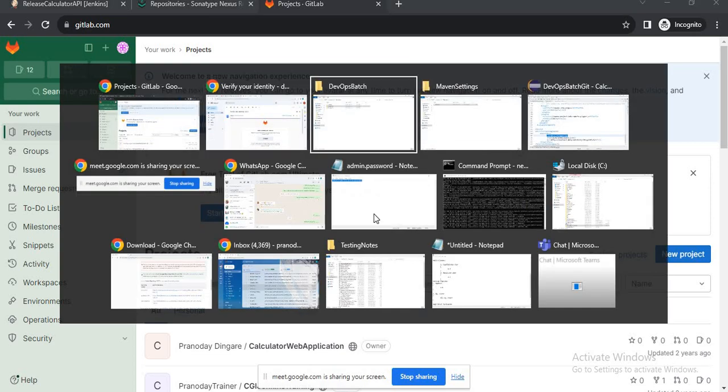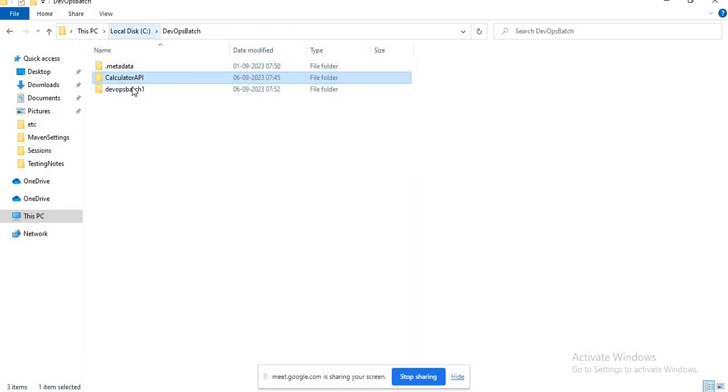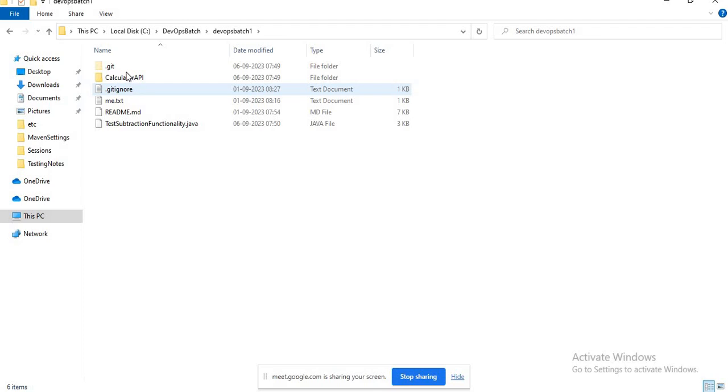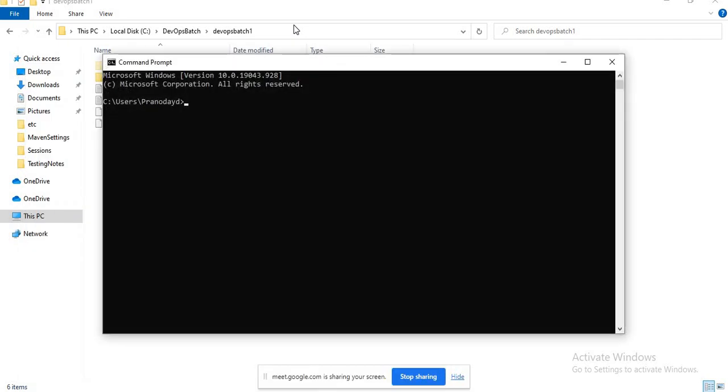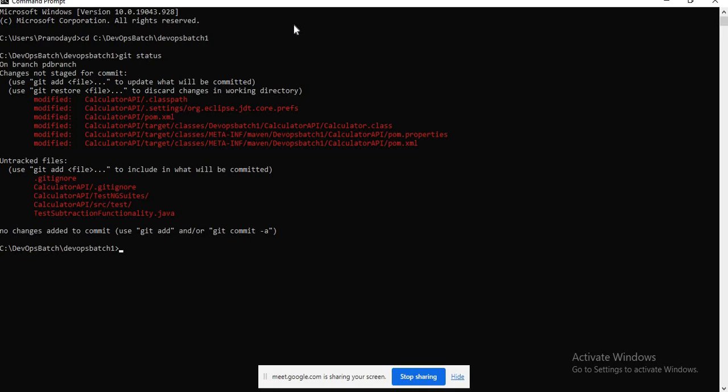So I will open our Git repository. This is our Git. Let me go to the CMD. Let's enter into this directory and run a command called git status just to see the new changes. Now we can see that we have a few new changes.